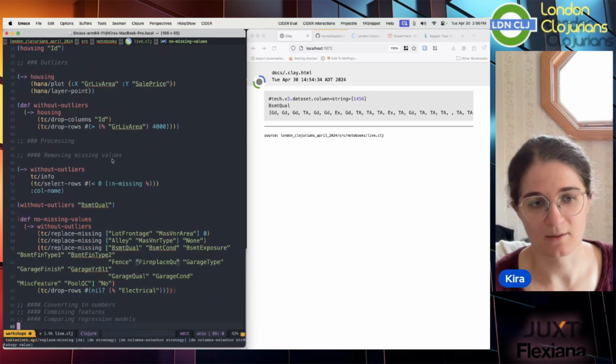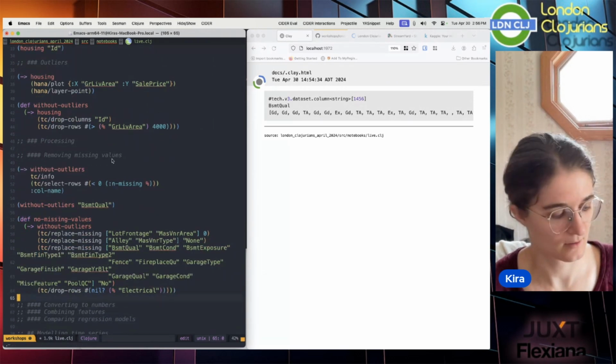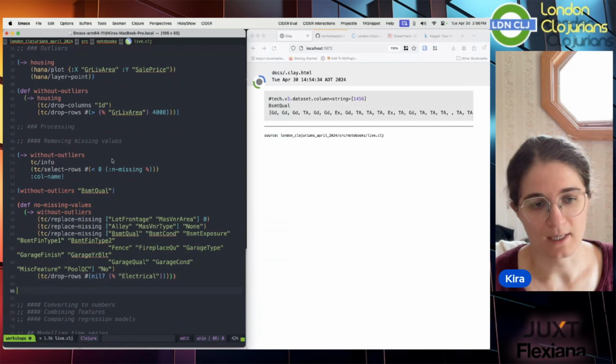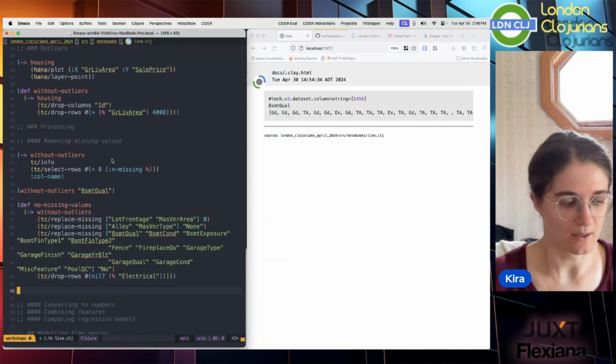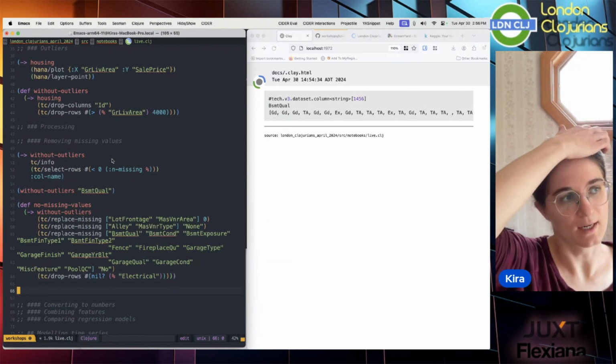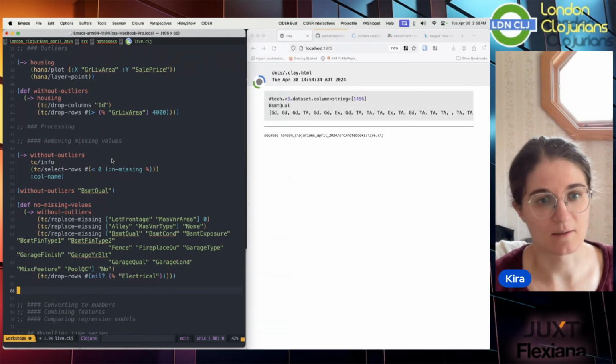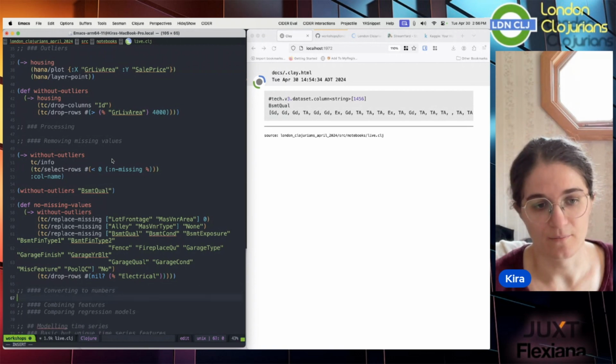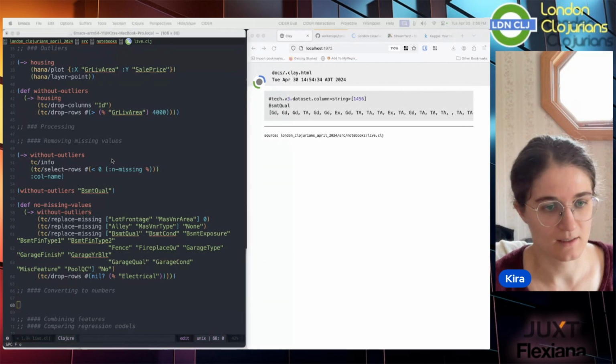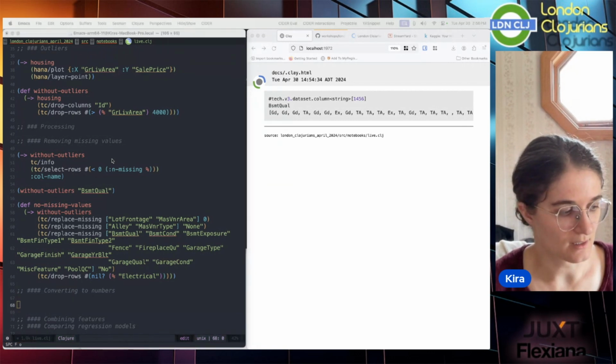So anyway, once we have that, and for context, we do this because the models that we're going to train on this data are just basic regression models. Everything has to be a number, so they can't deal with strings, and they can't deal with missing values. And that brings us to the next thing, which is